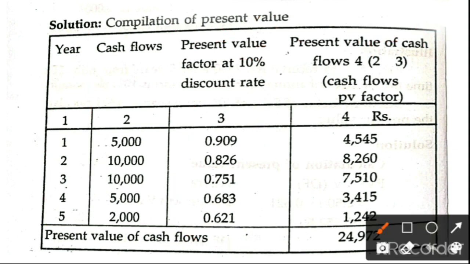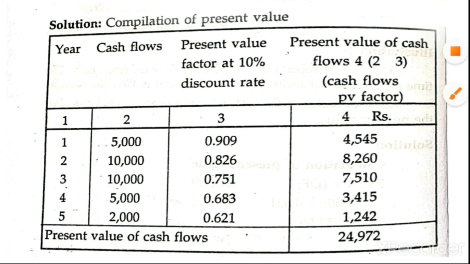Okay, so how will the discounting factor come? 0.909, how will it come? This and this, the different discounting factors, I will explain how they come, and finally we'll get the discounting factors. First I would like to tell you how we have to calculate this. The rate of interest is already given in the problem: 10%.